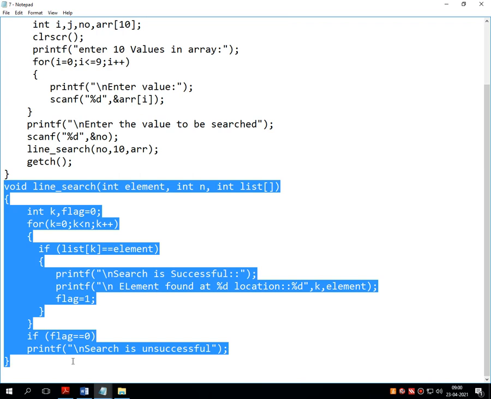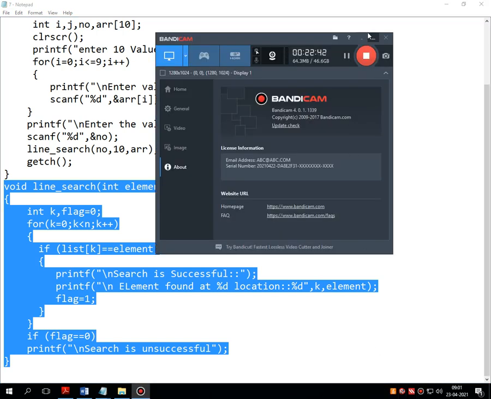Even it can be asked in the university examination. I hope all of you have noted down this program of linear search.